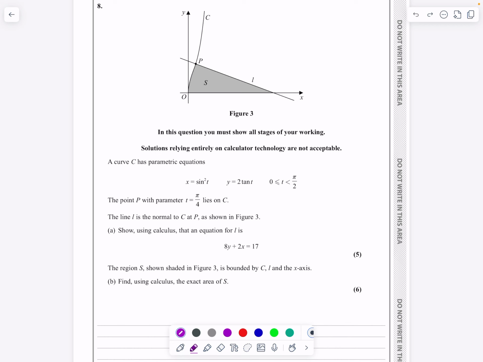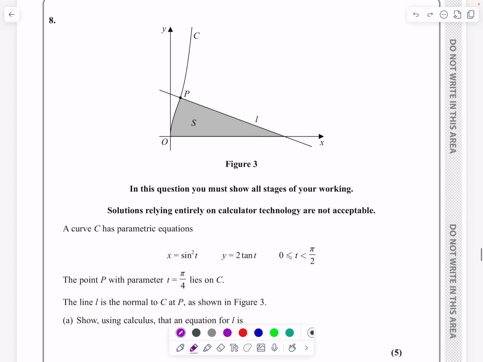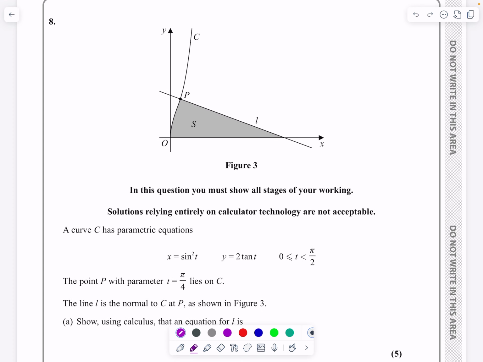So let's make a start. It's 11 marks, 5 marks for the first part, 6 marks for the second. So for the first part, what have we got to do? It says, can we work out the equation of the normal, the equation of this straight